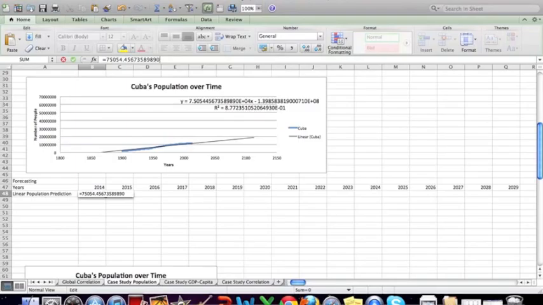Okay, and now I have to take that number times x, so I need to do the asterisk, and this is where I input the years, so I need to click on my year cell. Looking back at my equation, now I have a minus, and then that number where I have to move the decimal over 8 places. So